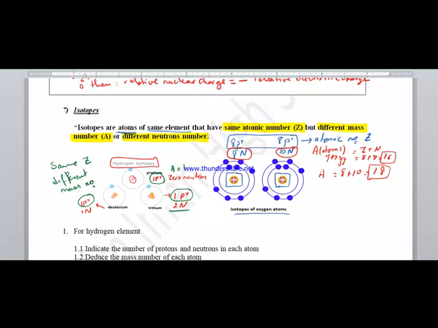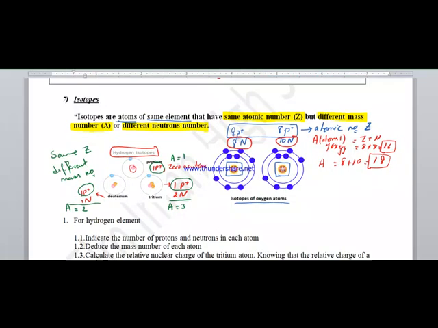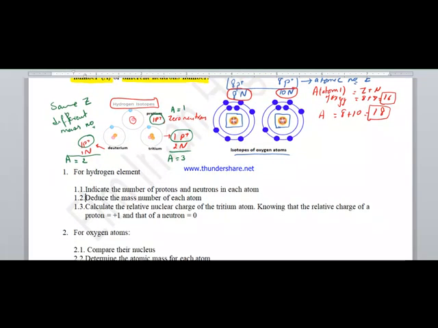If we want to calculate the mass number, the first one has a mass number equal to 1. The mass number here is equal to 3, the sum of proton and neutrons, 1 plus 2 is equal to 3. The mass number for deuterium is equal to 2. If we look at this small exercise here below,